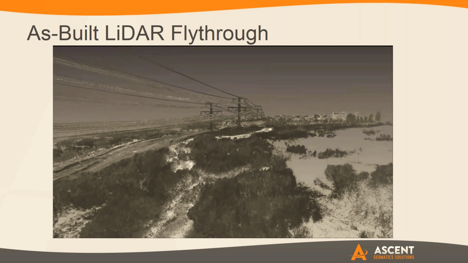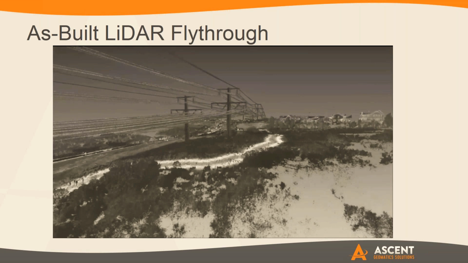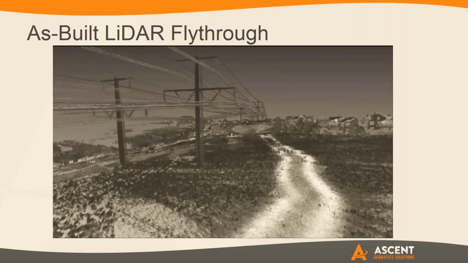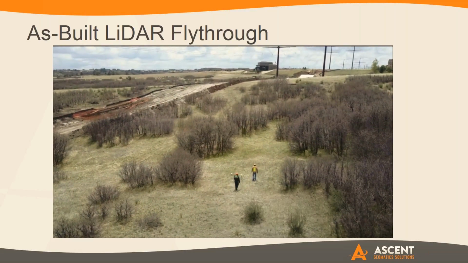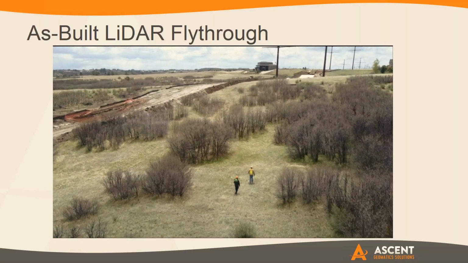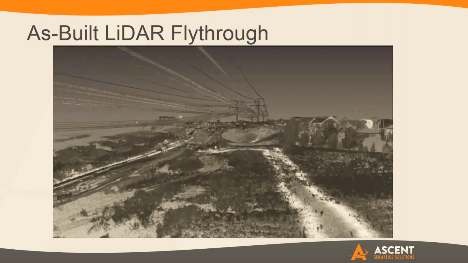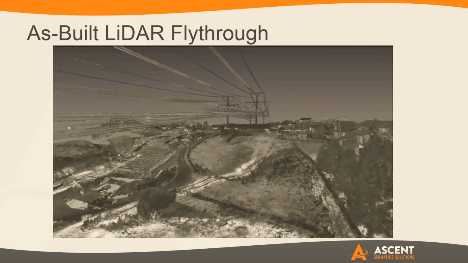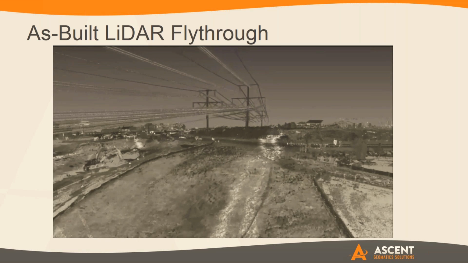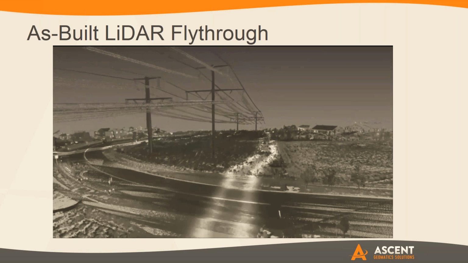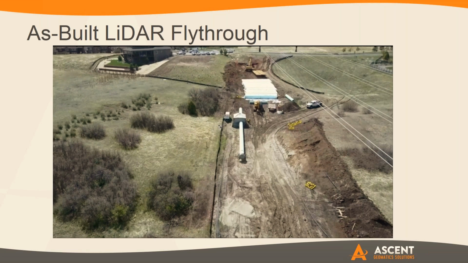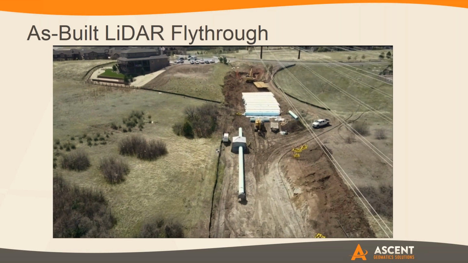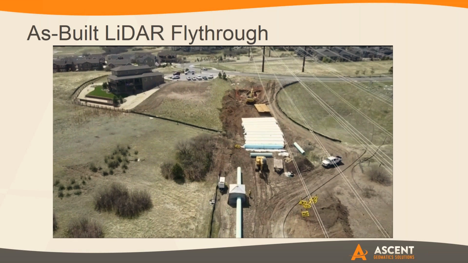Or in this instance, this was actually a progress report during construction. We didn't have to get in the way of the heavy equipment. You can actually see right here, there's our walking with a LiDAR backpack. So literally, we didn't have to walk within the actual corridor itself, and we got all of this information that just lets you see where's the nearest building, what's that sag wire, like you were saying. There's just an immense amount of information you can pick up for corridor work when you know that you're going to be dropping additional utilities in.